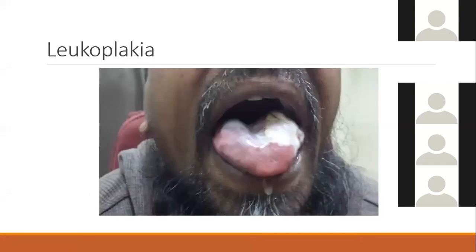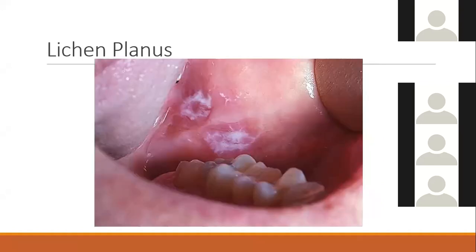Okay, I'm going to show you various slides, and this you have already seen. This is another on the tongue, and sometimes you get confused, as I said, between leukoplakia and thrush. So scrape it with your finger and see if it is leukoplakia or thrush. This is a closer slide of lichen planus. This is submucous fibrosis.